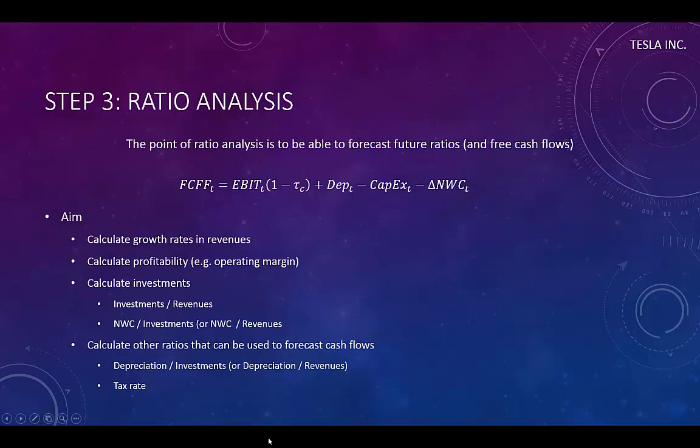The rationale for this approach is that in order to grow, the company needs to grow revenues. And in order to support or maintain the revenue growth, the company needs to invest in both fixed assets and working capital. The amount of profits, EBIT, we also model as a function of the revenues. There are other, more complicated ways of forecasting the cash flows, but the revenue approach we will go through is quite intuitive and simple to use.